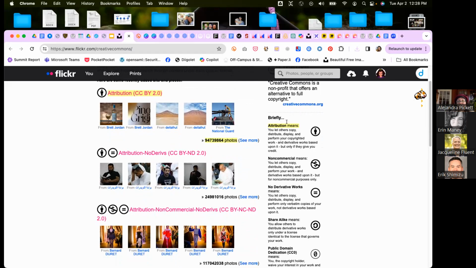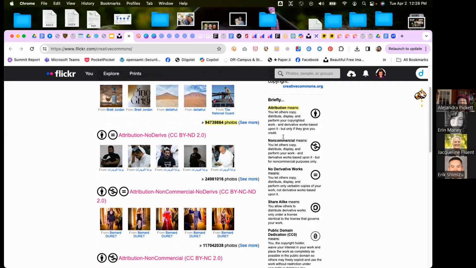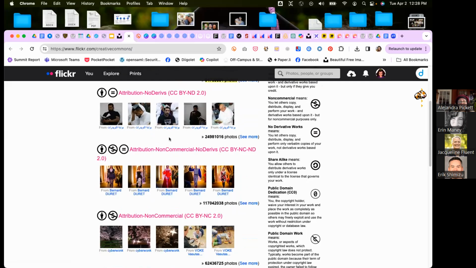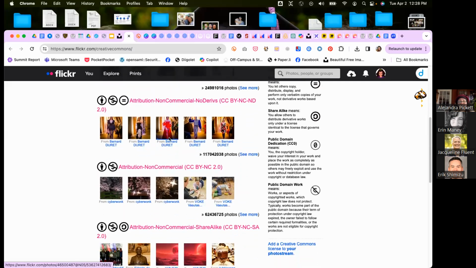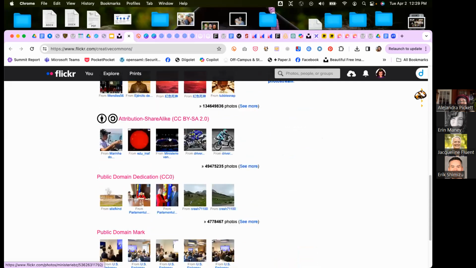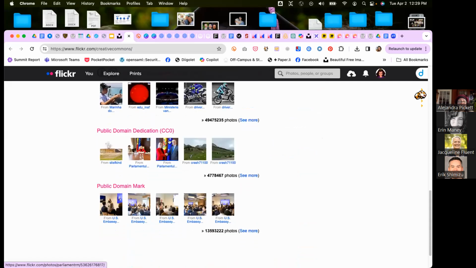Over here are the definitions of the different licenses. If you do a CC BY, it means you can use the image, or you can modify it, you can do whatever you want with it. You just have to give attribution to the artist, to the original author. And each of these different collections have different types of attributions, all the way down to public domain